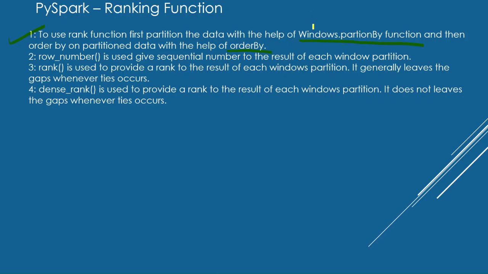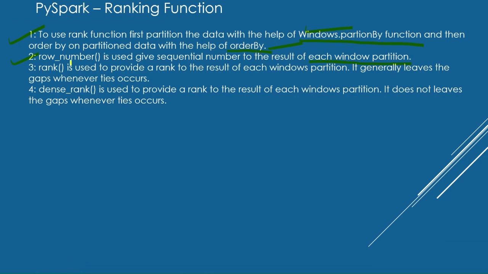So what is the first thing? We need to use this partitionBy function and then the orderBy function. This row_number function is used to give a sequence number to the result of each window partition. So suppose we are doing the window partition, and if you want to put numbers from 1 to whatever the number would be for each and every single window partition, we use this